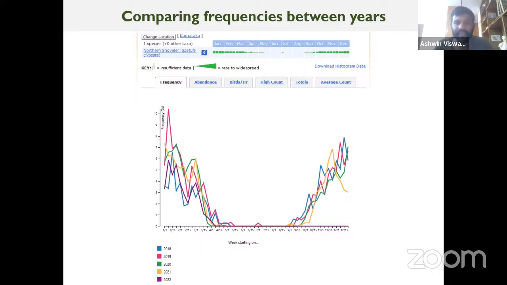Yeah. Any questions at this stage? Anything about interpreting this graph? All good? If nobody says anything or types anything, I'll assume that everybody has understood. Right? So everybody explore this page and find species that show interesting trends. I haven't shown the species that have the most interesting trends. So that's for you to explore and find out.